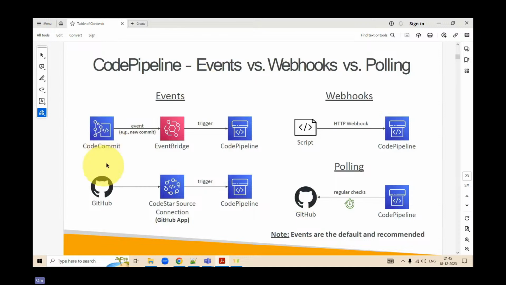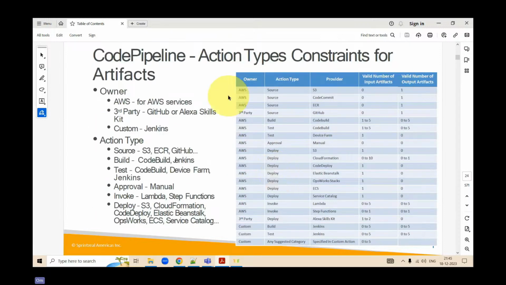Now, this is the same example: you push to CodeCommit, or there is an EventBridge that would have a trigger associated with it that would trigger your CodePipeline and then would move into your deployment stage. Now, these are the types of actions that we generally use. For the source, generally we use different AWS services like S3, CodeCommit, ECR, GitHub to store your code. For the build stage, you generally use CodeBuild. For test also you use CodeBuild. Other than that, ignore third parties because we are concentrating on AWS as of now.